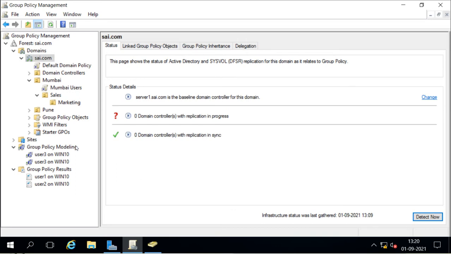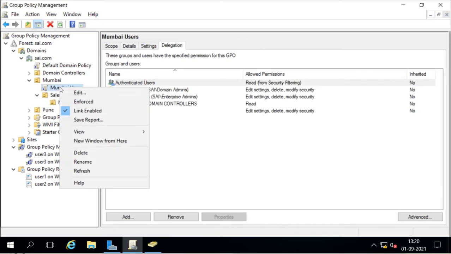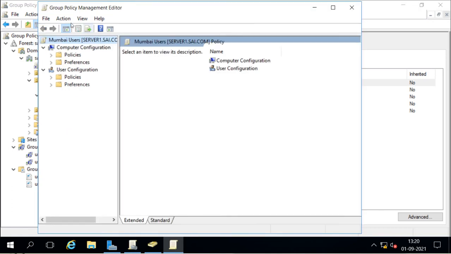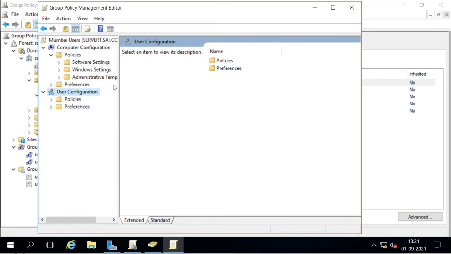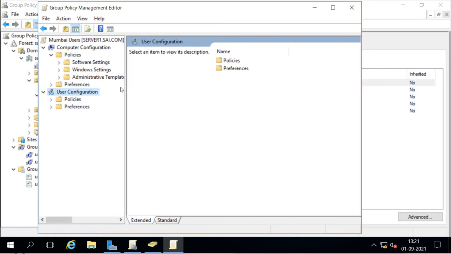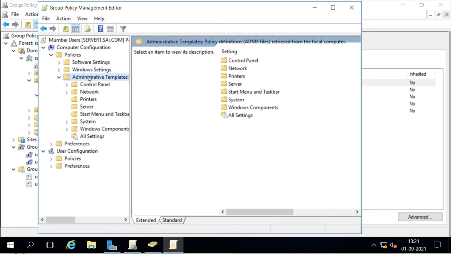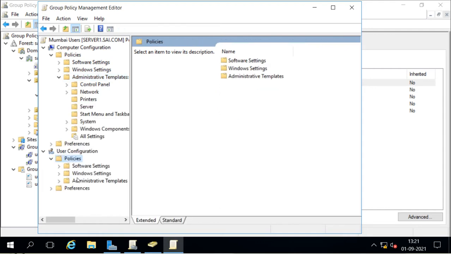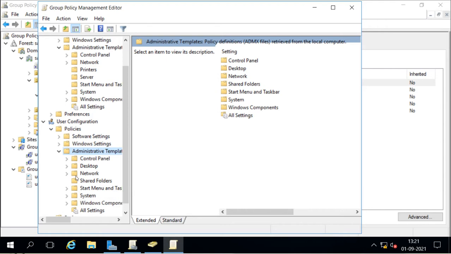What that means is, when we try to edit the policy, we open the Group Policy Management Editor, and it has two things: user configuration and computer configuration. Under the policies of these user and computer configurations, we have these administrative templates. This is the administrative templates for the computer settings and this is the administrative templates for the user settings. And under this they also have some subfolders, like when you open control panel, it also has